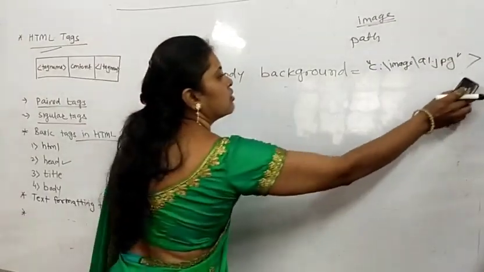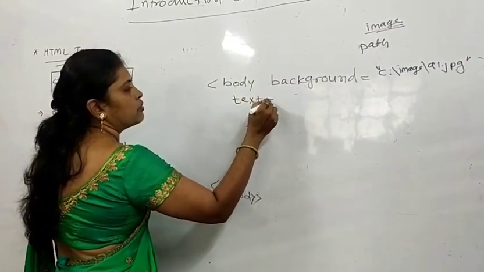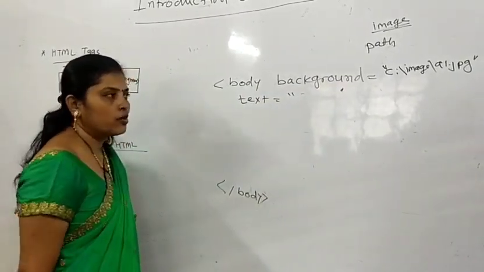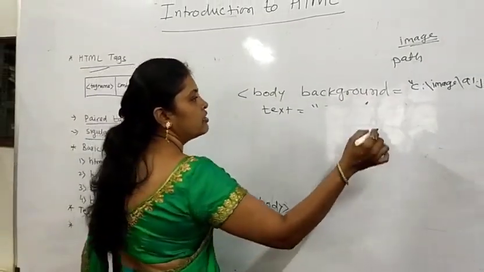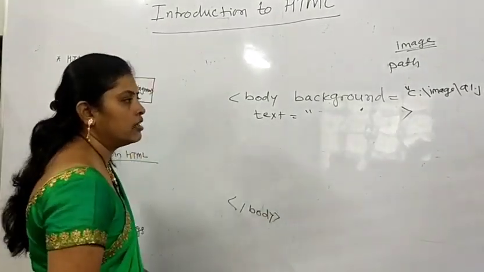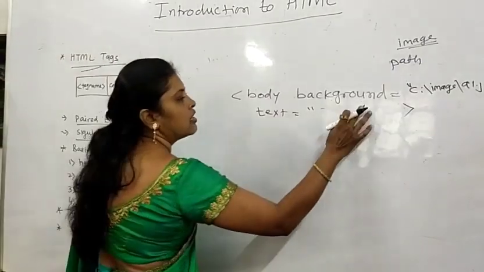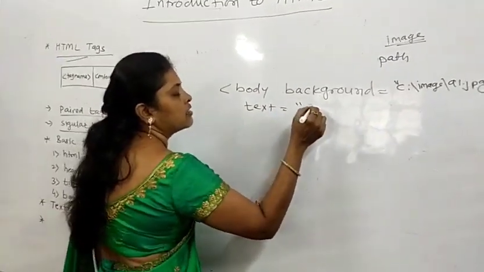The next attribute of the body tag is text. This text attribute defines the color of the text which will be displayed on your screen or the body. You have to write the color in various formats. For example, one of the formats is the hexadecimal format, and that is defined by